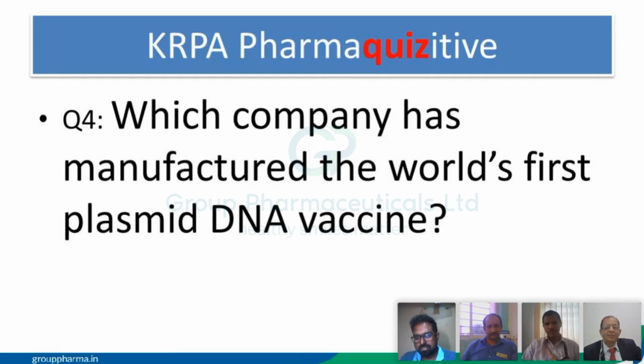The world's first plasmid DNA vaccine. If you have been keeping abreast with the various goings on in the newspaper, Nikita is correct. Yes, Nikita, it is Zydus Cadila which has got the very first, the COVID-19 plasmid vaccine was manufactured by the